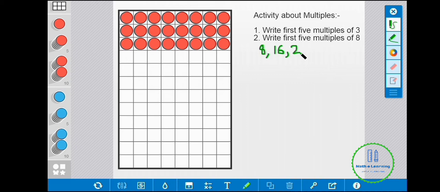Now we fill the fourth also. And now we have number of rows 4 and number of columns 8. And we do the multiplication of 4 and 8. And we have 8 4s are 32. Okay, so likewise you can complete all this.